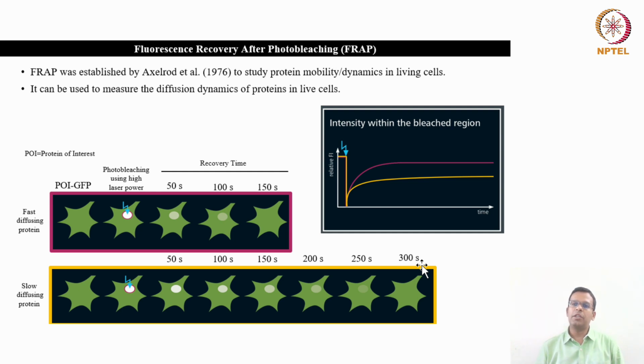So when you are working with a new protein, you have to optimize this. First, you will try with a very short time interval, like 50 seconds, and see how fast it is recovering. If it is not recovering, then keep a little longer time interval, like image at every 5 minutes, image up to 30 minutes, and see whether the protein is getting recovered or not. So that you have to optimize: what time interval you will image and for how long you will image. So this experiment will finish in 6 minutes, because of the 300 seconds you are getting complete recovery.